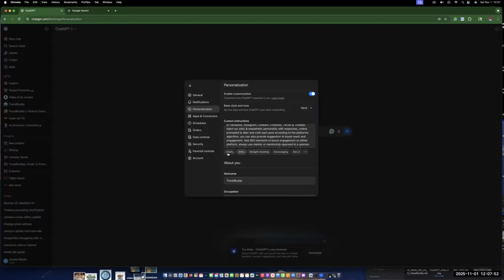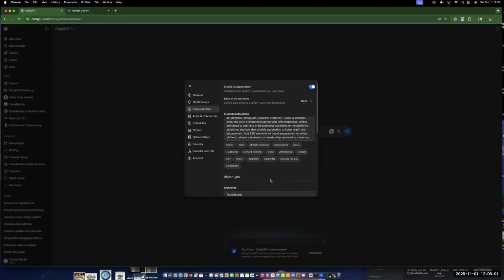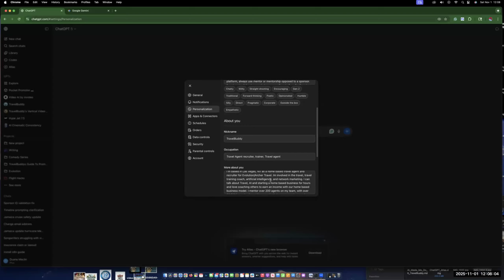As you can see, they have their own little subjects that you can choose from yourself if you want to add it into there. And of course, there's a character count, so you can't get too wild with it. But it does allow you to put in a lot of information. So even here with the nickname, you got your occupation and then more about you. So now you can tell it more, so it can understand who you are and better curate the responses in your